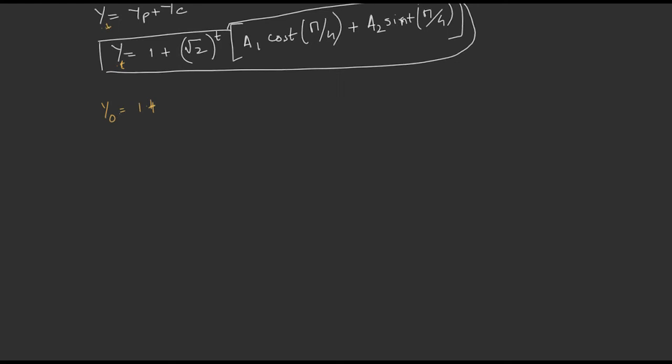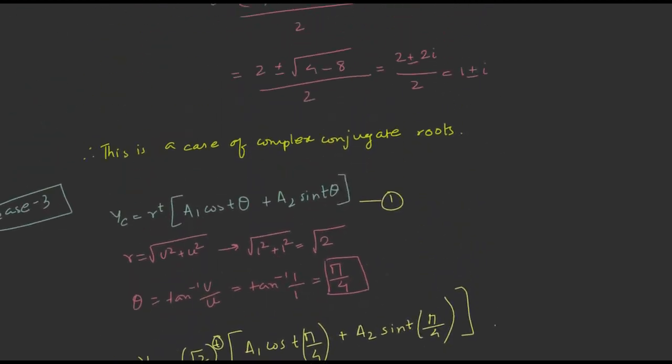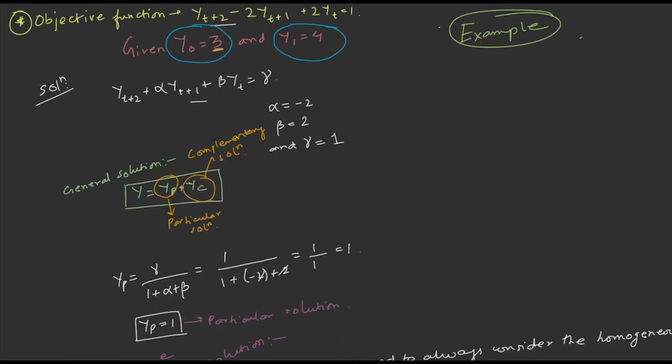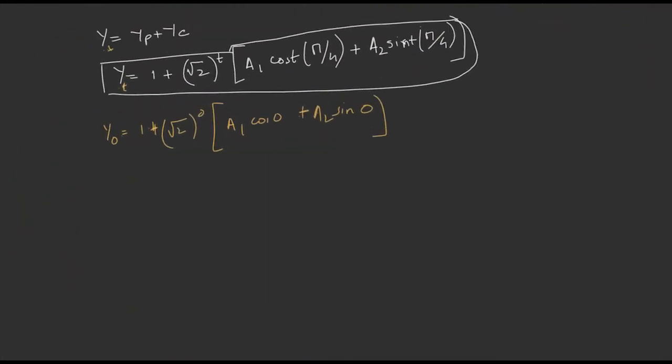So 1 plus root 2 to the power 0, and a1 cos 0, because t into something 0 is 0, plus a2 sin 0. Okay, so we get, but there was given that y0 equals 3, right? y0 equals 3, it was given here. Therefore we will simply substitute that